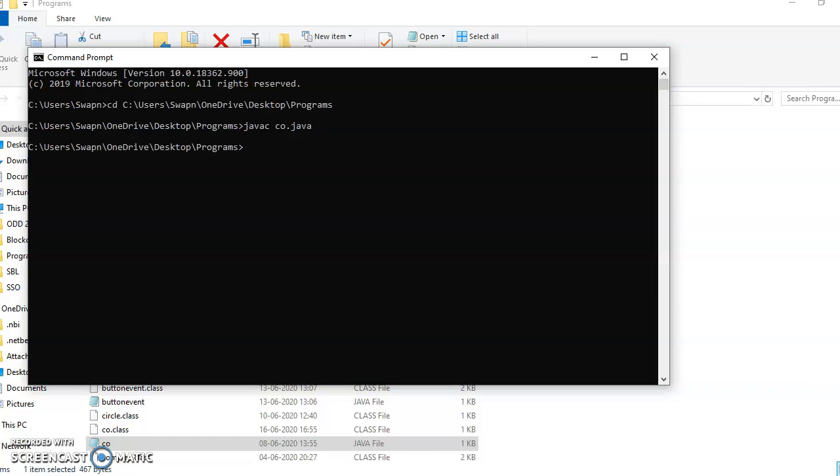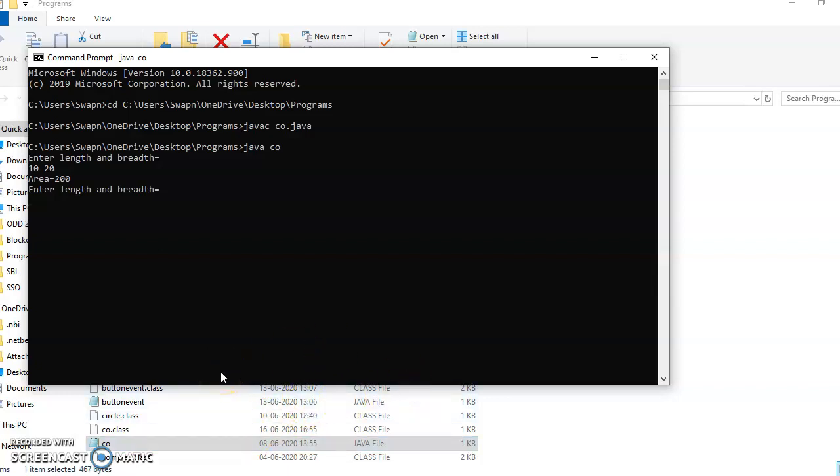So now let's execute the file. For that I need to write java co. When I press enter, it is asking me length and breadth, but we all know it is the accept method for R1. So when I write 10 space 20, 10 gets stored in R1's length, 20 gets stored in R1's breadth. Hence it will display area is equal to 200, but for R1.